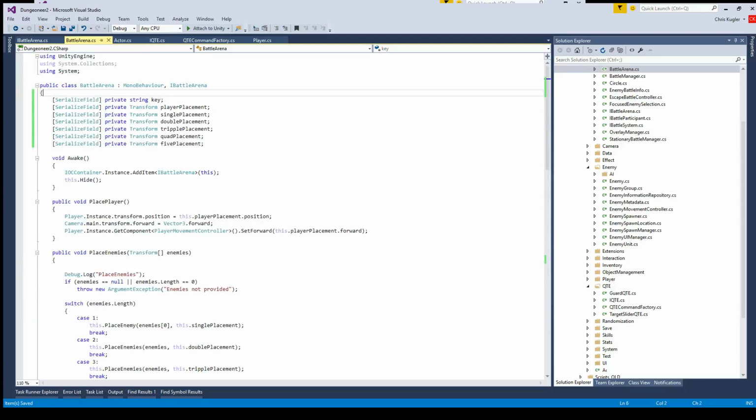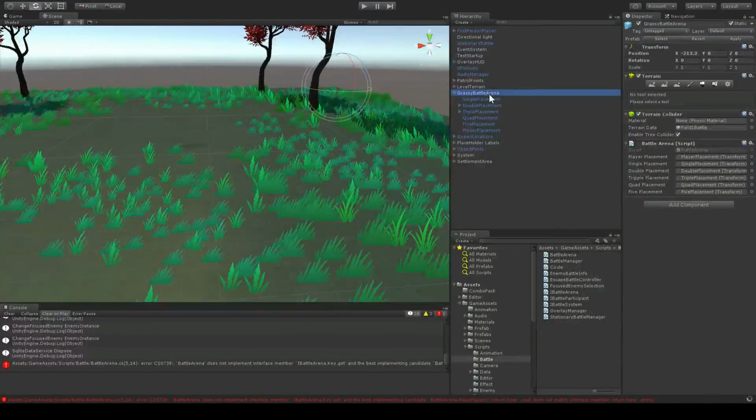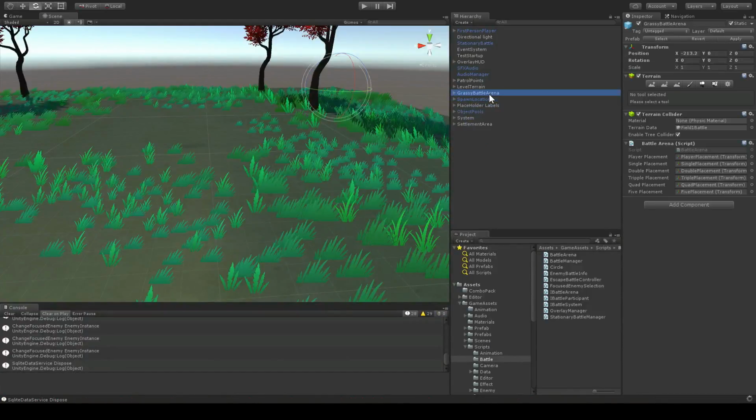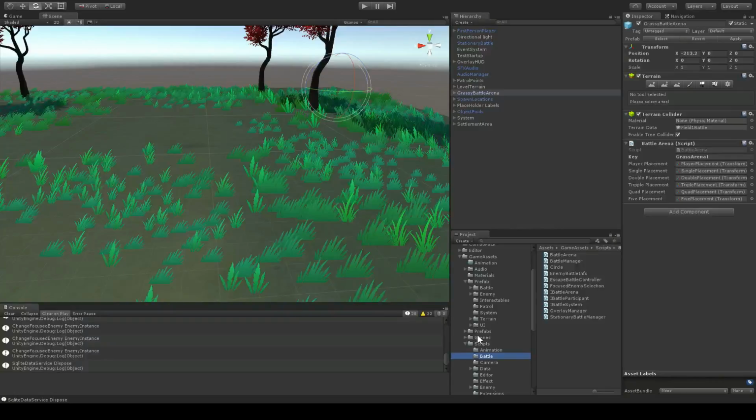And I'm going to set that in the editor, and that'll be local to each scene. The real question then is, I'm going to have the arena in a scene, and first off, we'll call him Grass Arena 1, because I don't know if I'm going to have multiple variations of a grass arena. So I've got my prefab, and you might notice I have a prefabs folder